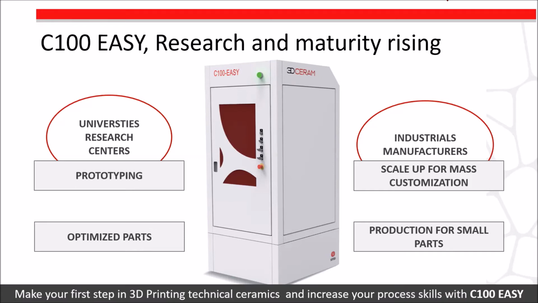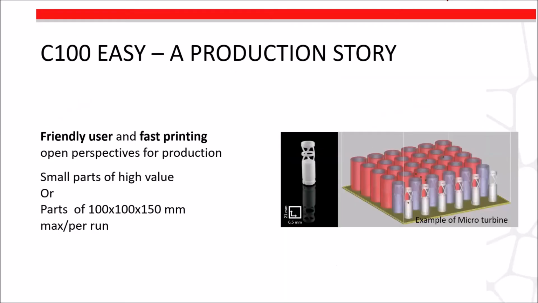The next slide is just an example of several parts we printed on the C100 machine. The Z-axis is 150 millimeter. It's important. It means that you can also print tall parts. Next slide is about the